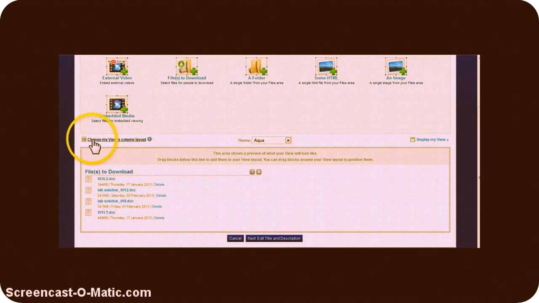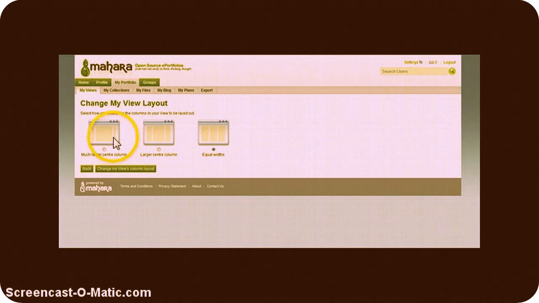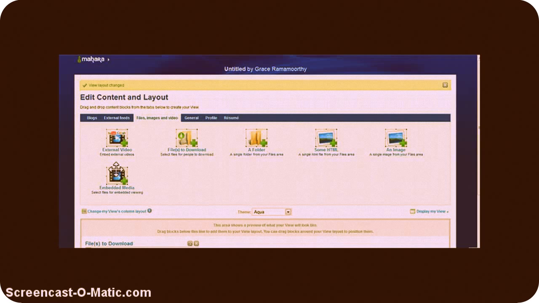We can also decide how we want to display our page. You can click on the number of columns and choose the number of columns here, and you can decide the width of the column, how large or small you want them to be. So you can keep playing with the layout of your page, how it's going to look. Right,